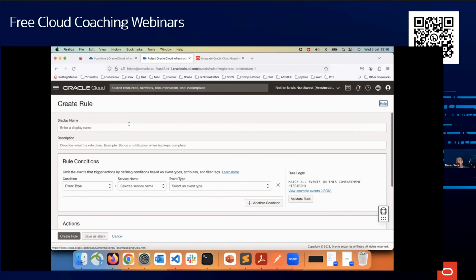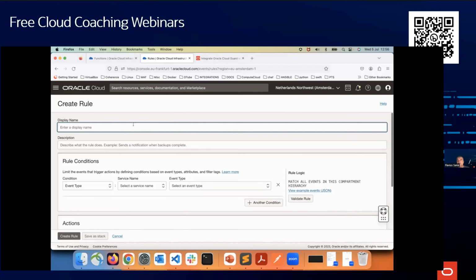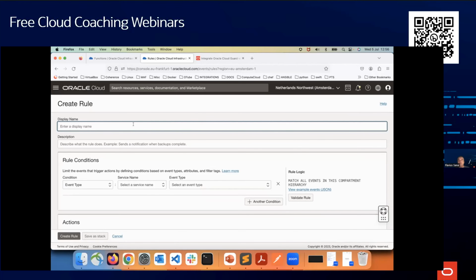When an object storage bucket is created, again, we have an event that does exactly that. So we now have a tool to listen for those events and send notifications to different third parties, for example to Splunk or to ServiceNow or to